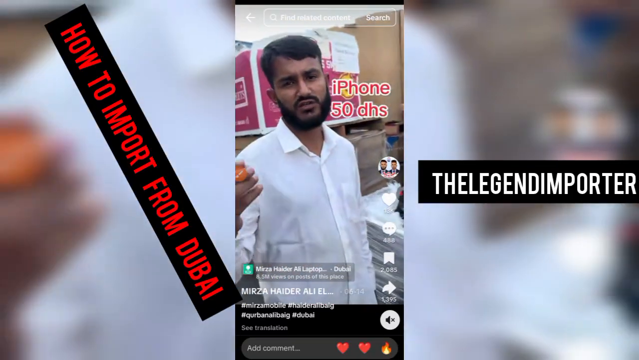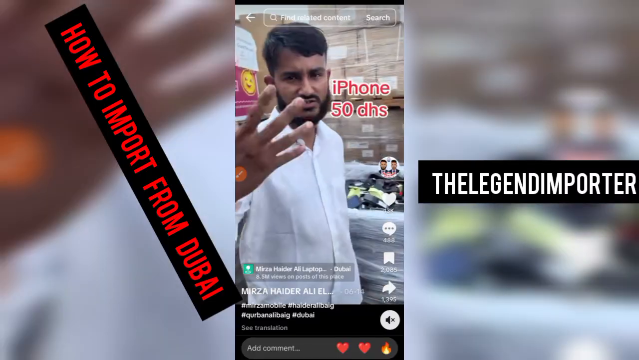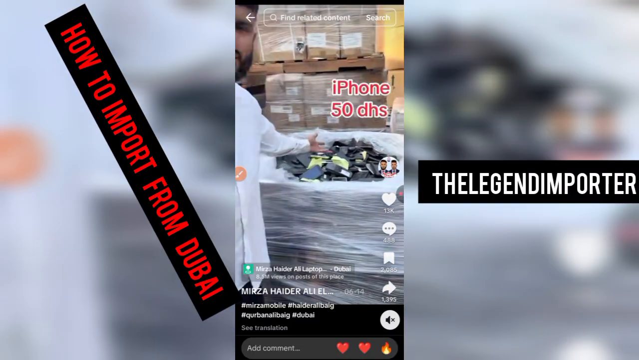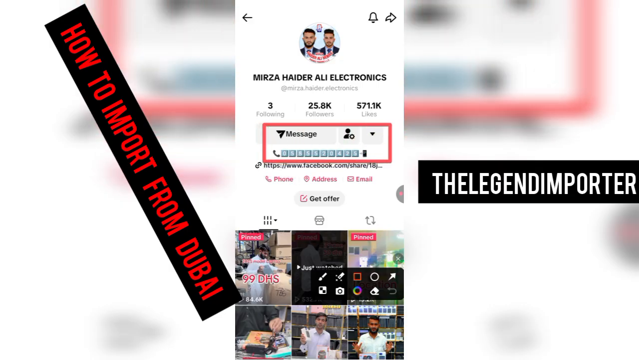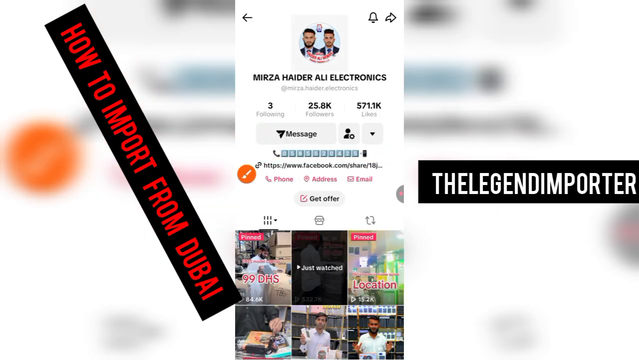So this is to know how much they are selling in rand. You can see this one is selling his iPhone for 50 dirhams, and they have them in bulk. So these are big dealers. If you want to take this particular supplier's contact, just click on this place and chat the supplier up. When you have negotiated the price with the supplier and arranged everything you want to arrange,